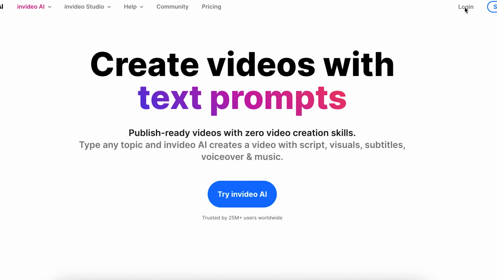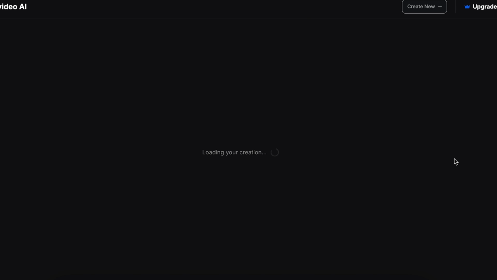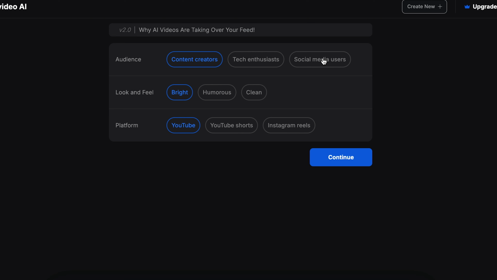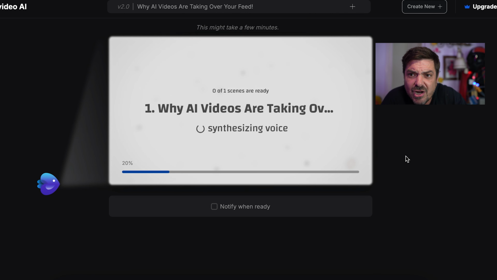You take your script, and here it's going to load up right now. Basically, I'm going to copy the prompt, put it into the box here in Invideo and say generate a video, and it's going to do everything. It's going to generate the music, the narration, and storyboards. It's going to automatically populate the script that I sent it. It's going to analyze it, parse it, and use AI to do all that while generating this faceless video that I can then cannibalize and post in different places.